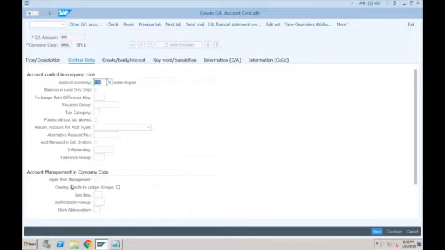Right? Now, why has SAP provided this option? Why was line item display not on for all the GL accounts? Any idea? Why was SAP saying you have to tick this indicator if you want line item display, otherwise it is not recommended for all GL accounts? Just a guess.